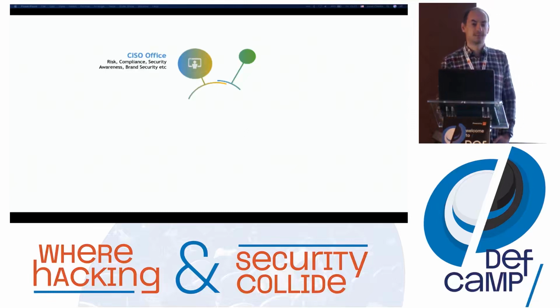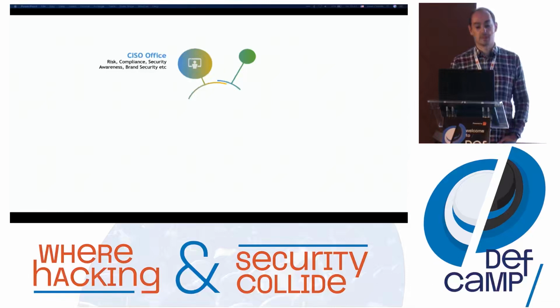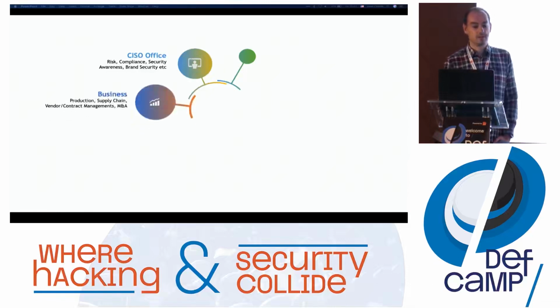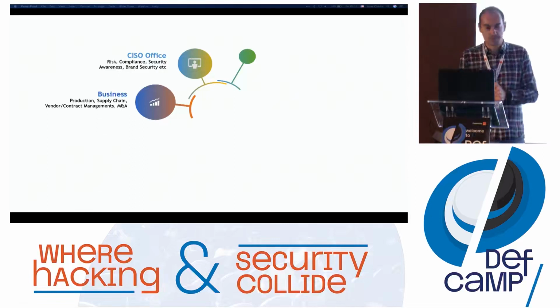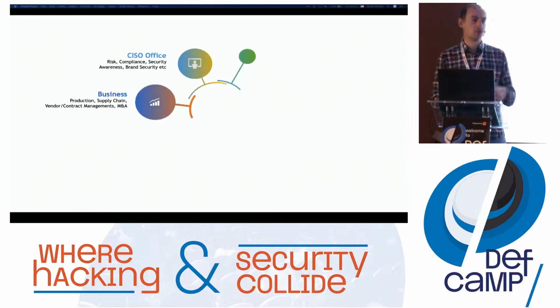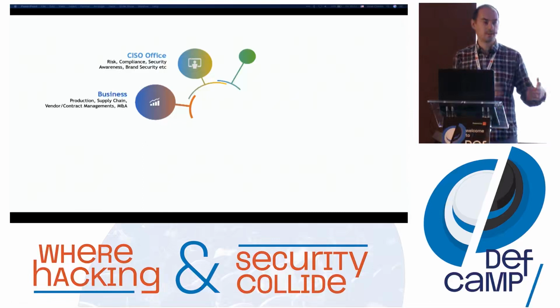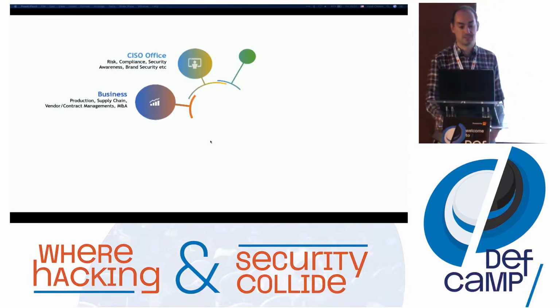Awareness. You have to feed back some information to the awareness manager, to brand security, to production, basically to your business. Yeah, you're offering threat intelligence and you try to protect the business itself. They are the driver. Supply chain, it's a very important one. Contract and vendor management. If you have an MSSP or whatnot supplier in your supply chain, you want to know how vulnerable that guy is or that company is, because guess what? That's an inherited risk for your business as well.